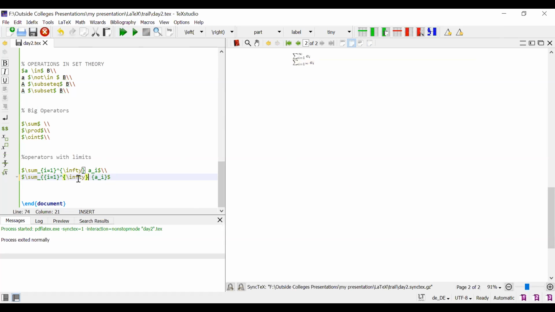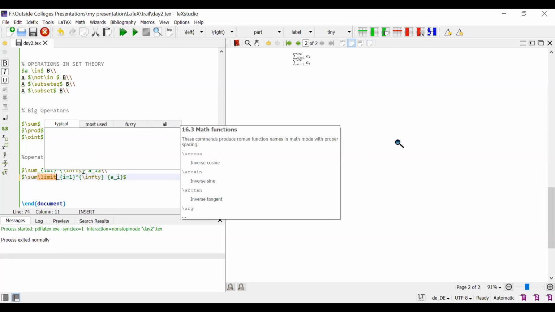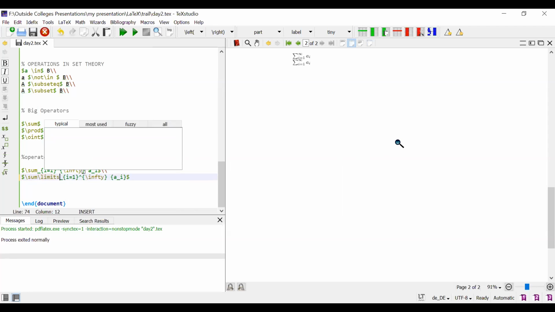No. I want to get this symbol on the top, so I want to add some extra \limits. I don't want to use this brace.